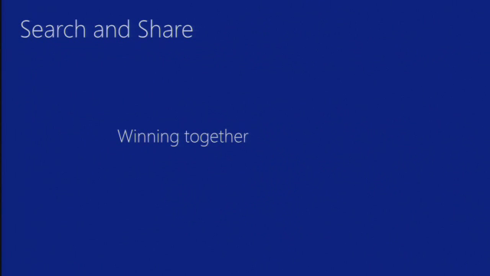So finally, of course, search and share. Again, key elements of the overall Windows 8 experience, and experiences that you want to provide to your users so that they can really get the full value of everything you actually offer. These are great things for users because being able to search, being able to share out information is a pretty great and handy thing to do. But they're really great for you as developers because they're another opportunity for you